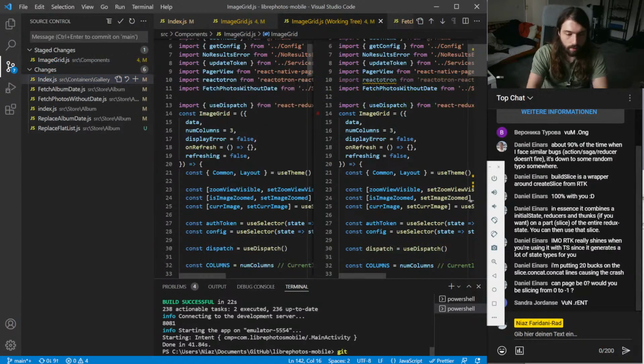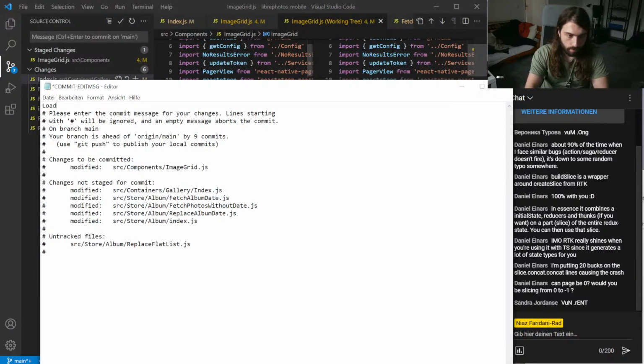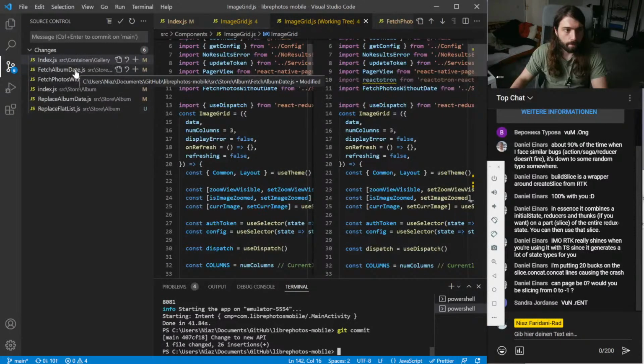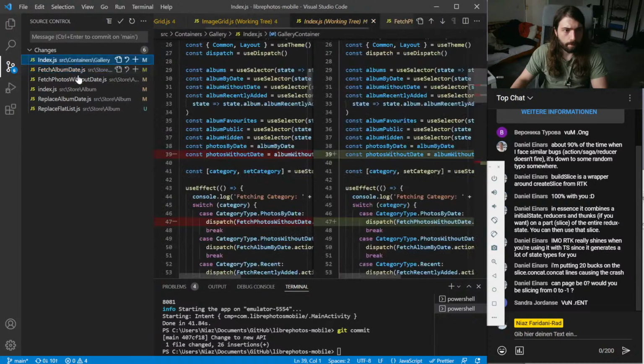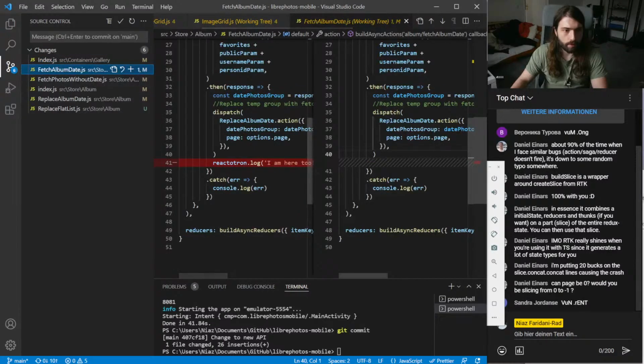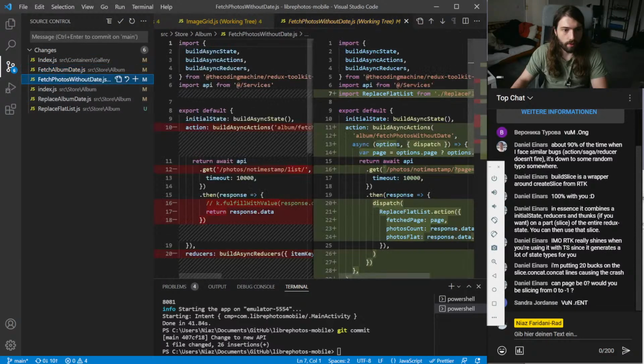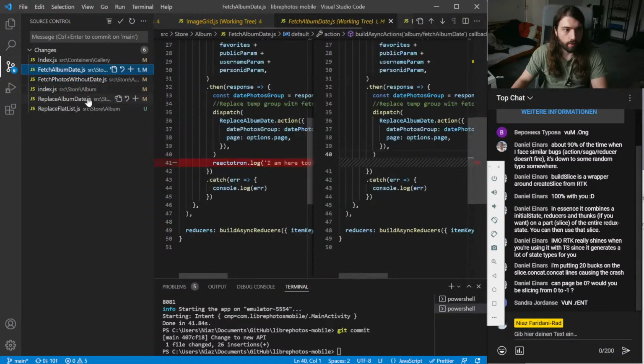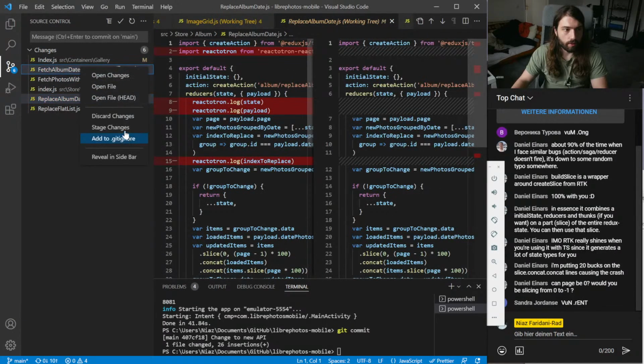Let's add this. Git commit. Change to new API. Yeah, that's fine. I think I'm going to be lazy and just push all of that because, right, I have a couple of things here. Like these two I can stage together.